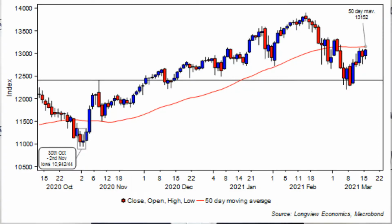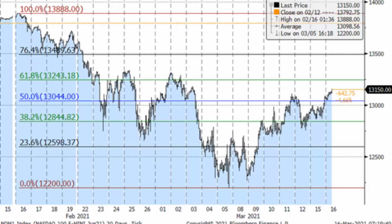But of course, what's interesting now in terms of key levels is the NASDAQ 100 is approaching various key resistance levels. Its 50-day moving average at around 13,150. Its Fibonacci 61.8% retracement level around 13,240. And then on top of that, around 13,350, intraday highs from the back end of Feb, early March. So there's a 200-point cluster range of pretty serious resistance levels coming up during a key decision week for the Fed,